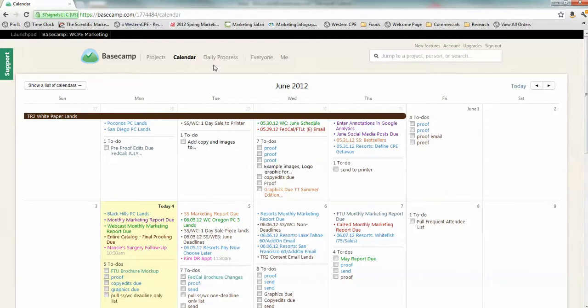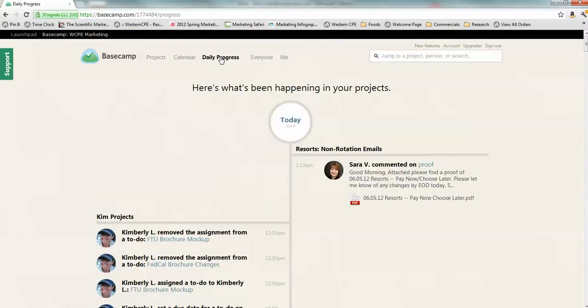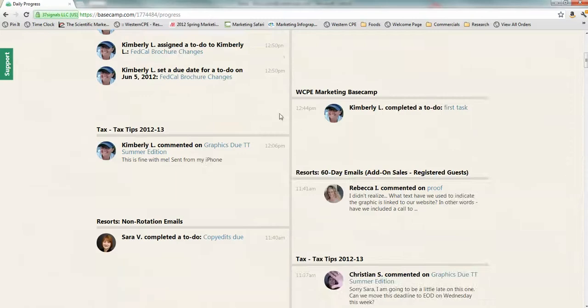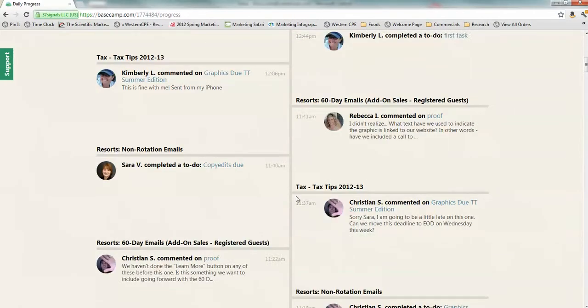Okay, the third tab is daily progress, and this is exactly what it sounds like. This is a more intuitive, more sort of Web 2.0 way of laying out different events, things that have happened on all of the projects that you have access to. So very few people have access to every single marketing project, but this is the tab that shows you everything that's happened with the projects you're working on, and it's all in chronological order. So you see that